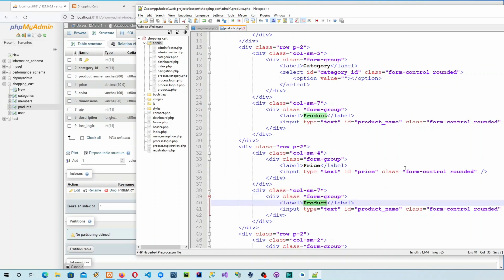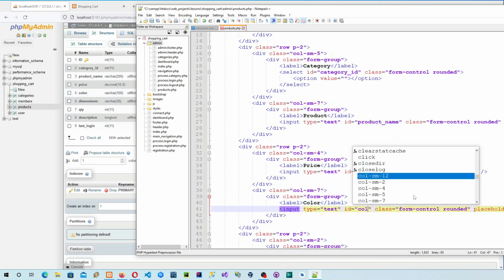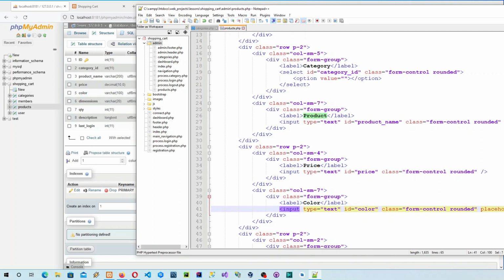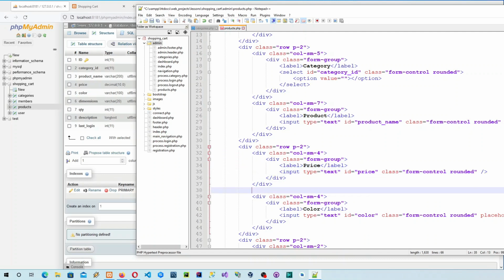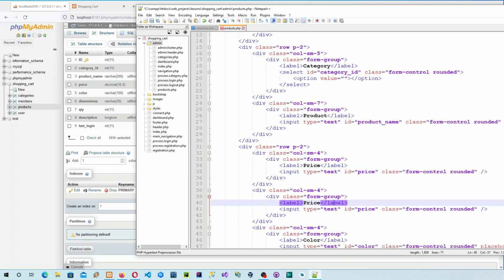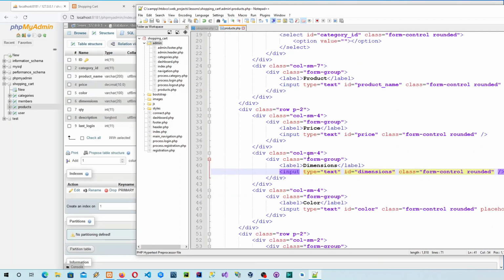So color. Color this time. Then placeholder color. Or maybe we can have it divided by 4. Okay, 4. Then let's also add another column. Dimensions. For ID, dimensions. Now this is by the way still unfinished, but let's look